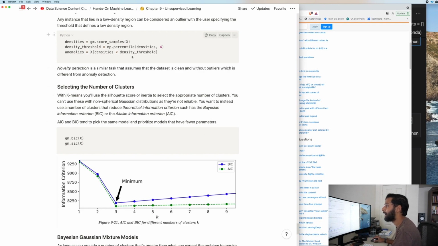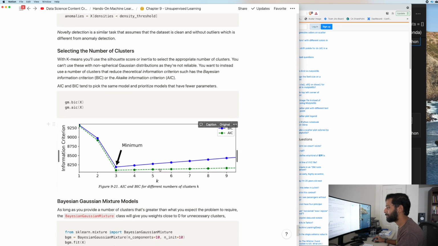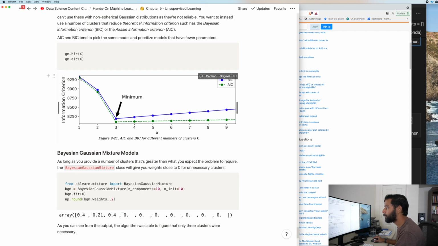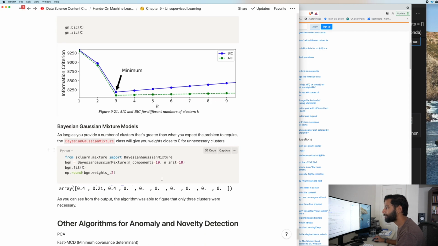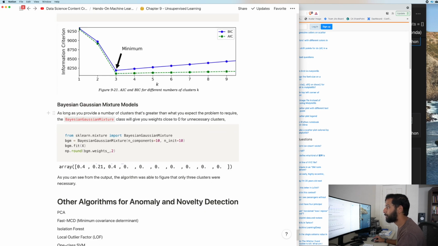So Akaike information criterion. AIC and BIC tend to pick the same model, and they prioritize models that have fewer parameters inside them, so basically simpler models. And you can see when we plot the number of clusters versus the information criterion, we have our values over here. And then Bayesian Gaussian mixture models,